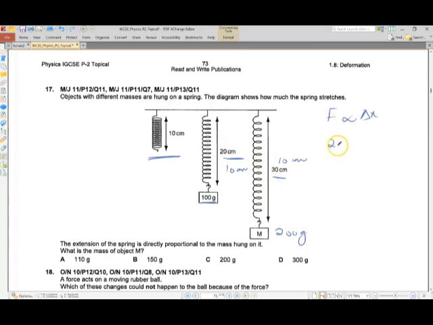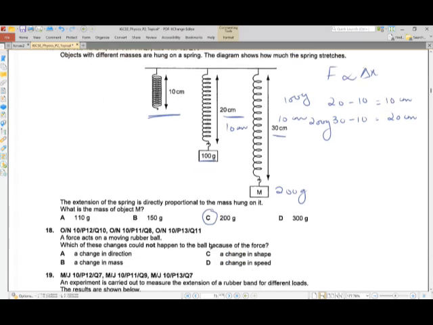Here the extension was 20 minus 10 centimeters when 100 grams was being applied. And here, when it is 30 minus 10, 20 centimeters, this means it must have doubled, so this must be 200 grams. Okay, this is the simple method. You can always find this by applying the concept of rate that we use in mathematics. Okay,